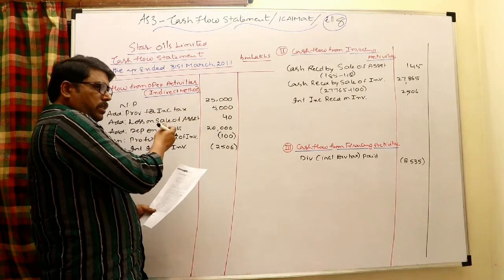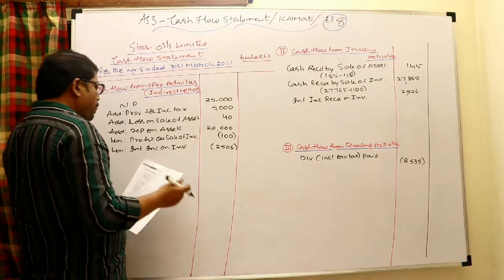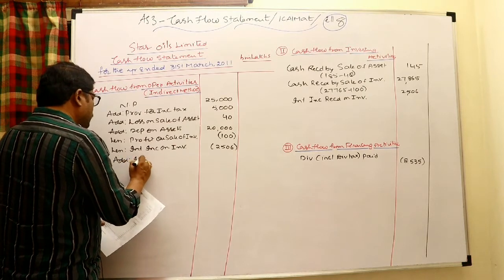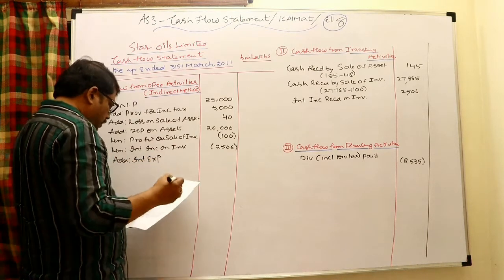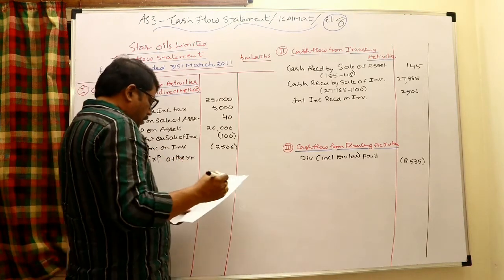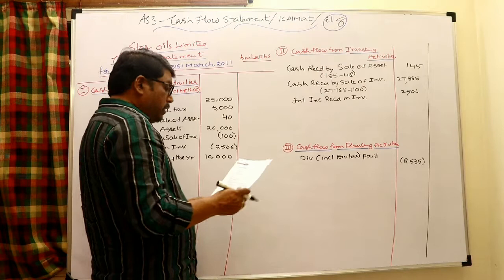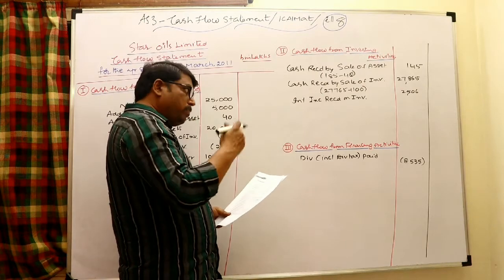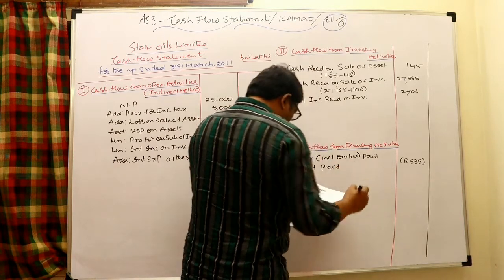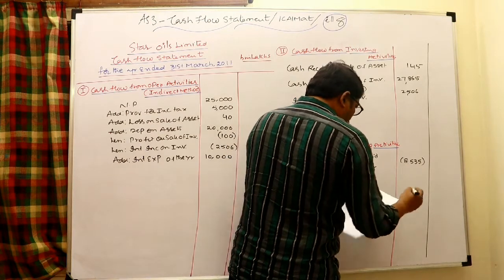Interest expense for the year, interest paid during this year. The interest expense we charged here should be withdrawn because interest expense is always a financing activity. So interest expense reduces profit, it should be added back. Add interest expense of the year, which is the annual expense 10,000. It should be withdrawn. But not the interest expense, interest paid should be shown as a financing activity. Interest paid during the year 10,520.